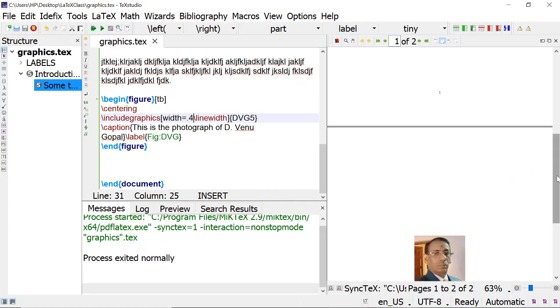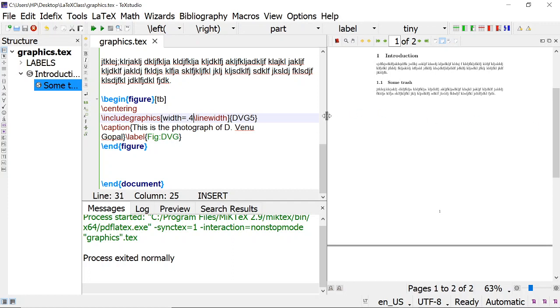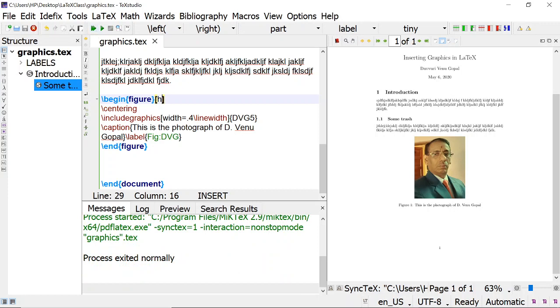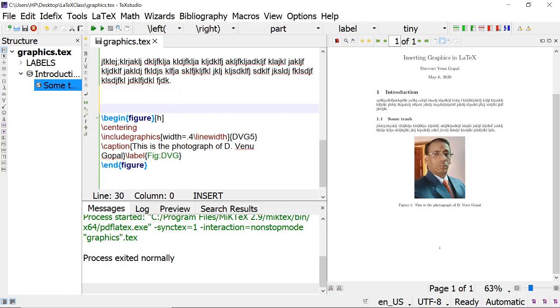Still it is coming on the side, and there is one h option also. If I put h, most probably it will take. Okay, I put h. That's why it has placed the photograph immediately where I have put it. So this is the method.